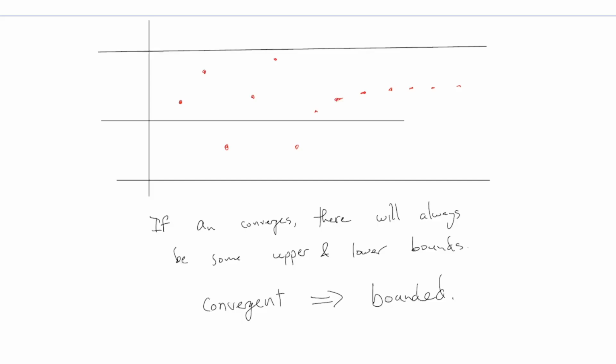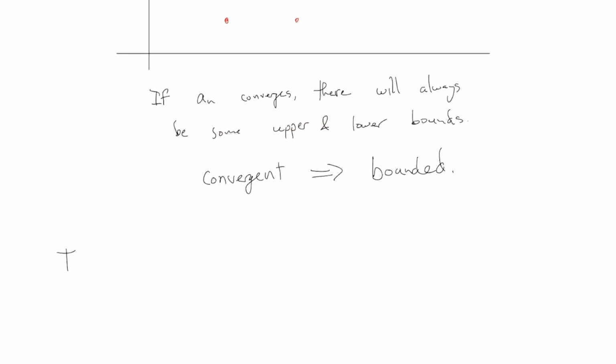The natural thing we always ask when we have one of these arrow implications like that is, can it go the other way around too? What about bounded implies convergence? Is that also true? If you know that the sequence is bounded, does that automatically mean that it converges to some value? Actually, it is not true the other way around, and we had one of our examples of the ones that I just asked you to do. The other way isn't always true. That is to say, it is possible to be bounded but not convergent.